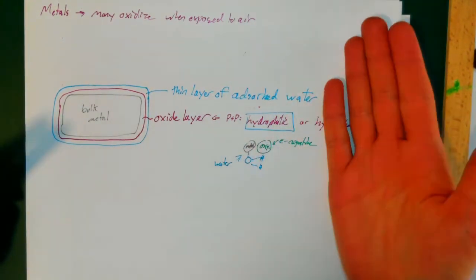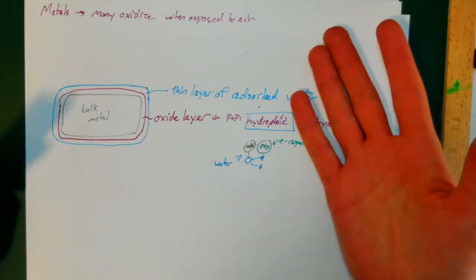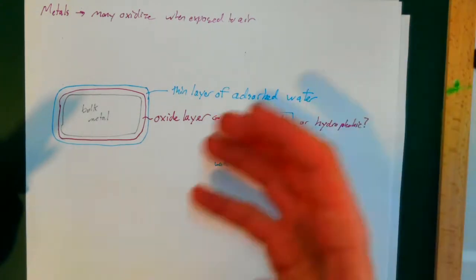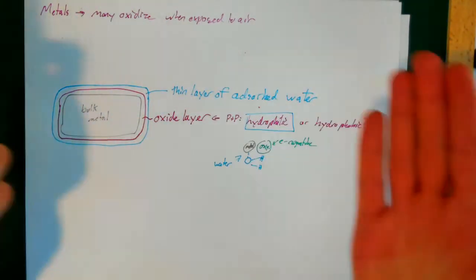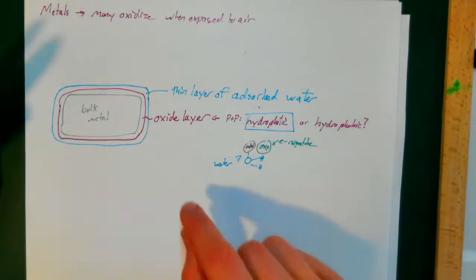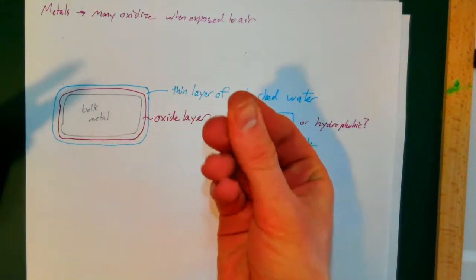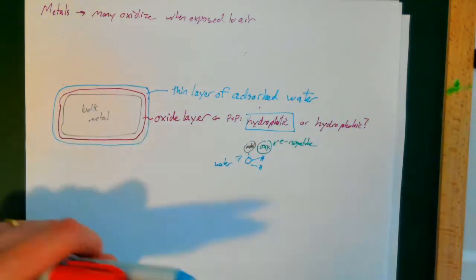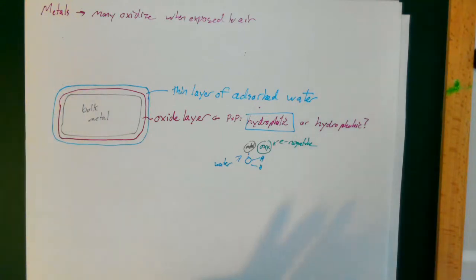I live in a house with a toddler and a preschooler, and let me tell you, there's no surface in my house that is not greasy, sticky, wet in some way. But it's actually not the toddler's fault, not the preschooler's fault. It's just inevitable physics and chemistry that oftentimes we have these adsorbed waters, but particularly things that are interacting with oils on our skins or just the world in general. This thin layer of adsorbed water,